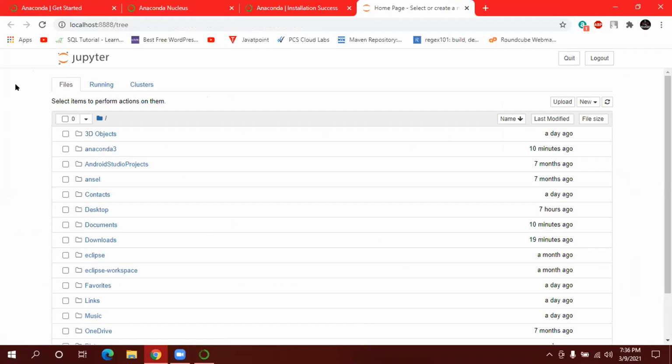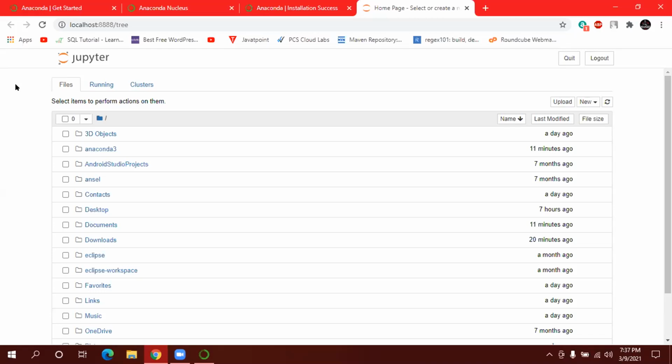When you install the Jupyter notebook, it cannot be run without a server. Remember, server means in the backend what would be running, that is the Python interpreter. The Python interpreter runs behind this Jupyter notebook. So it basically provides you a kind of server architecture. So this localhost 8888 is nothing but a default server when you install the Jupyter notebook, and here all of your files are located.